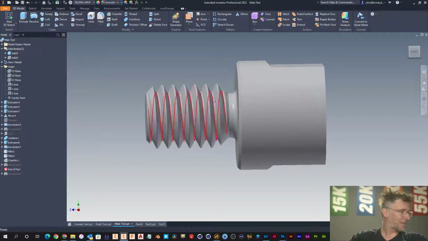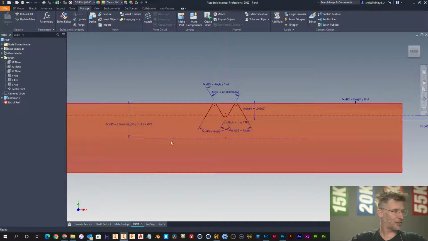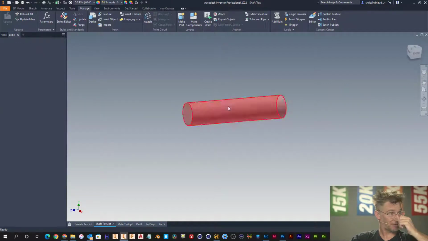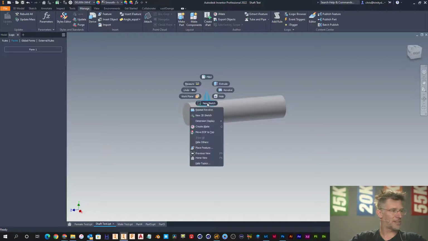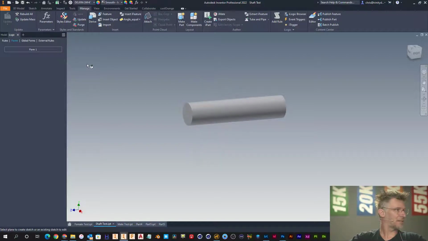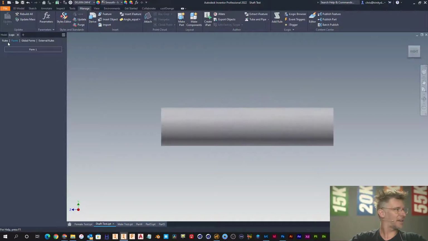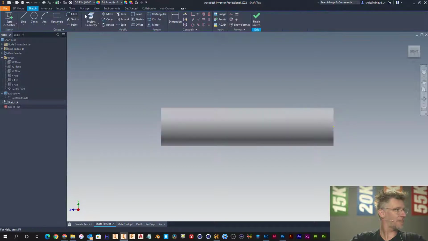Now on something like an NPT thread, let's go back over to, let's do something like this. NPT is a little bit different because it's a tapered thread. So what I typically do on that is we're going to sketch on this face right here. We're going to come back an arbitrary distance. Let's just say something like this. We're going to draw an angle there, and what I'm going to do is this angle is going to be